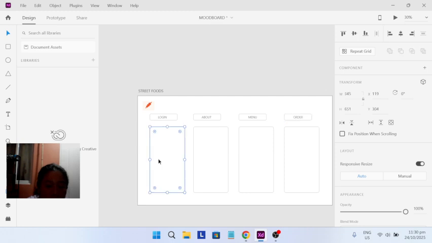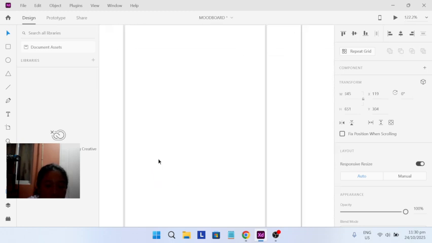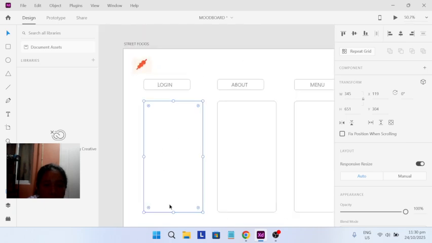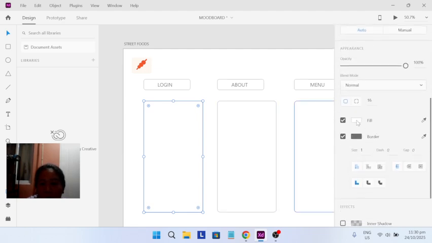First, we're going to put color here sa box mismo.